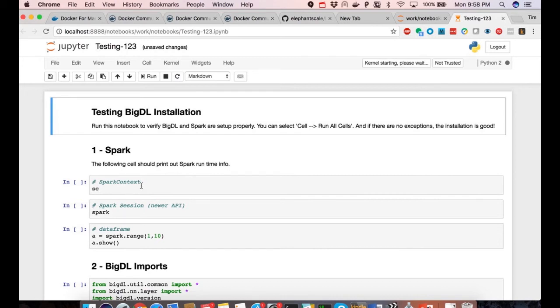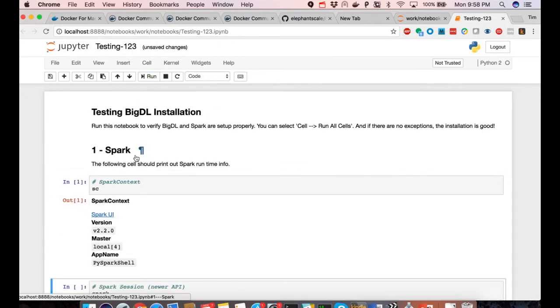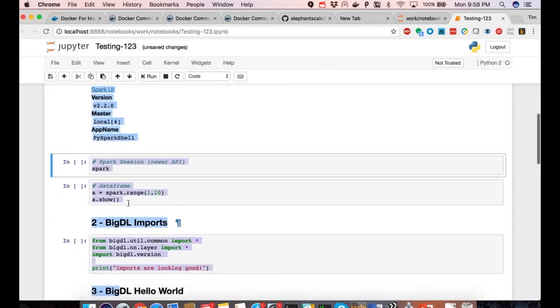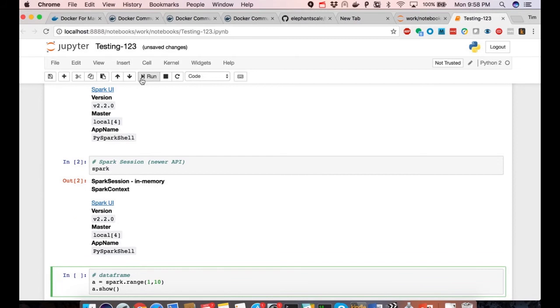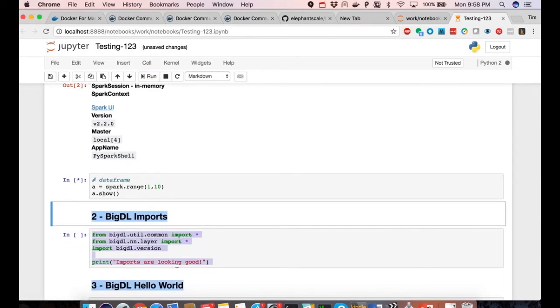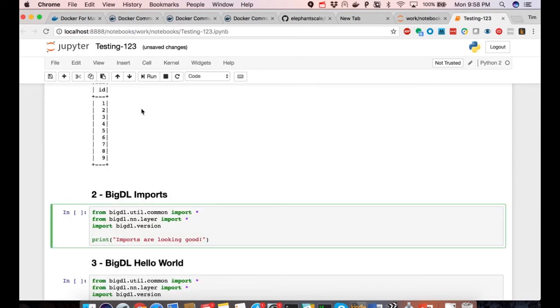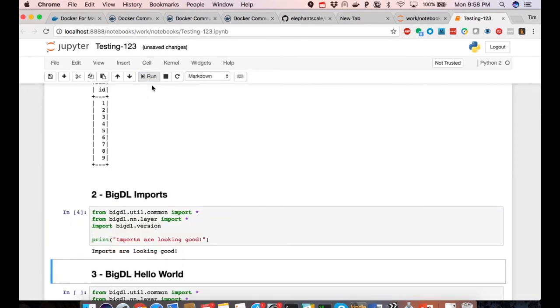properly. So as you probably know, when we are running a Jupyter Notebook, we can click on the cell and we can hit run. And notice here it's connecting to the PySpark shell, which is excellent. That means that I'm running properly. Now I am going to test my connection to Spark. I'm also going to test my connection to BigDL by loading some imports from BigDL.